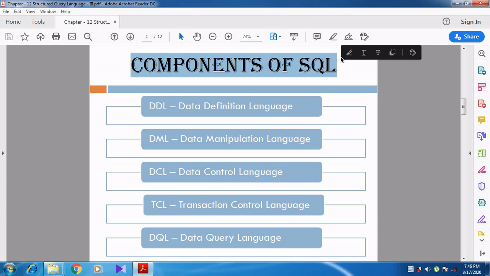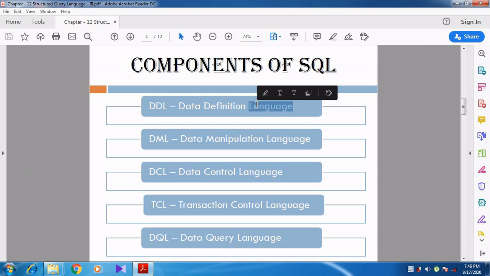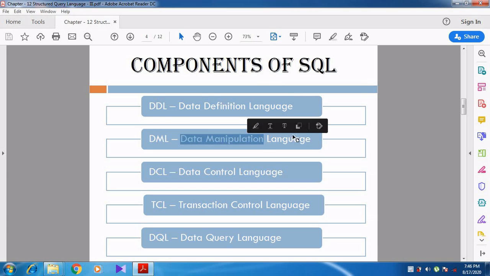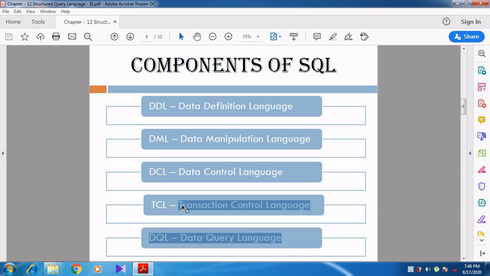What are the 5 components? DDL, data definition language; DML, data manipulation language; DCL, data control language; TCL, transaction control language; and the last one is DQL, data query language.